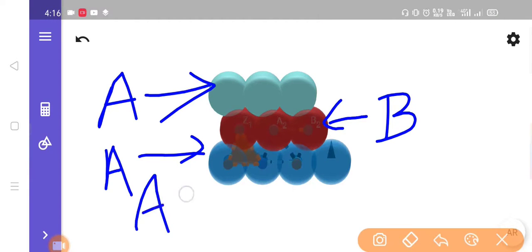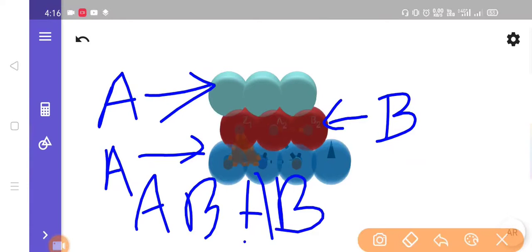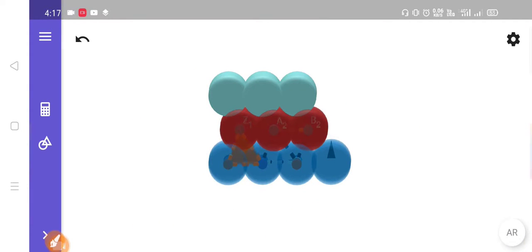So here we have an AB type of configuration. ABAB type of stacking will give us this type of configuration.